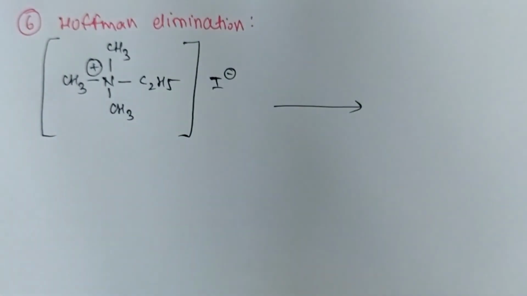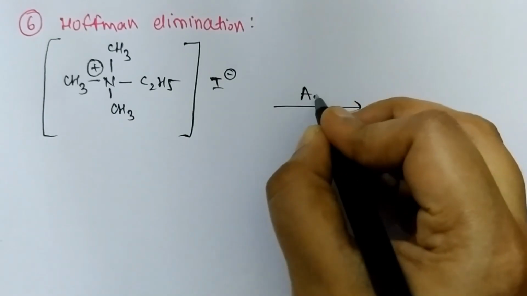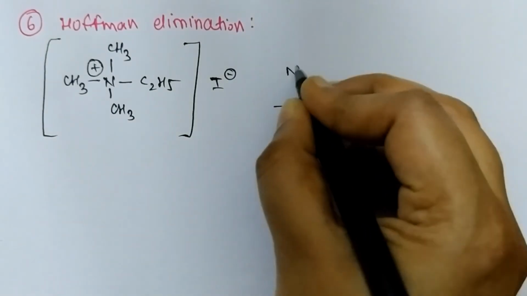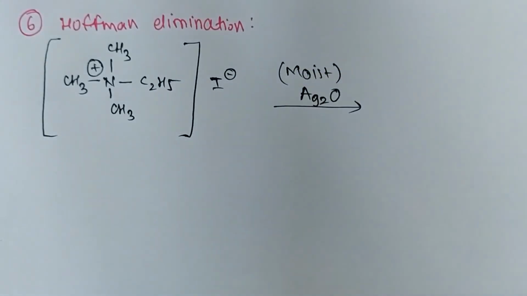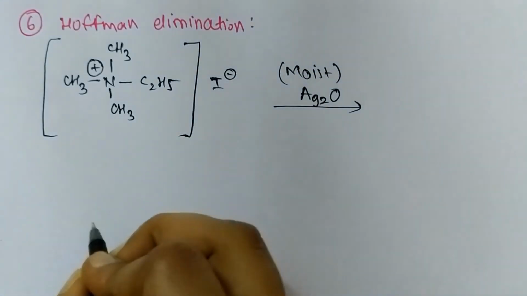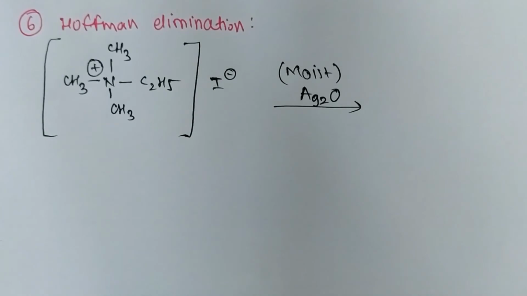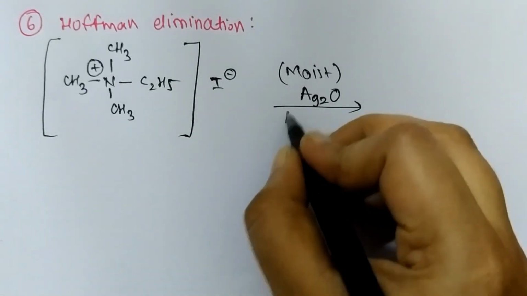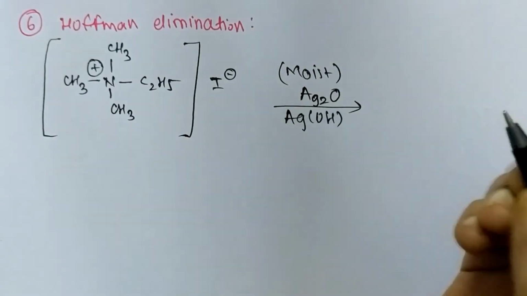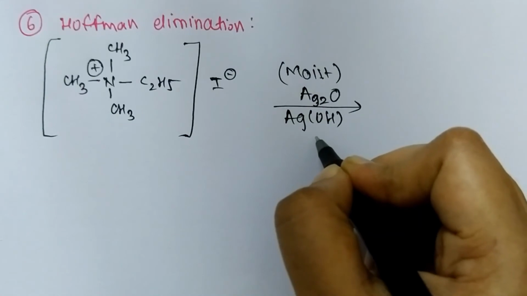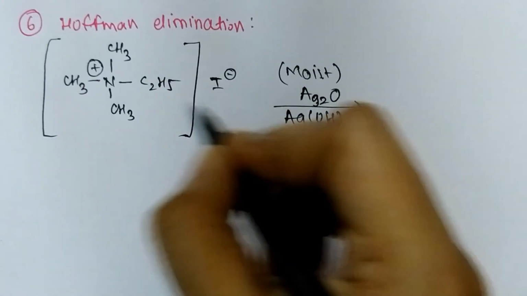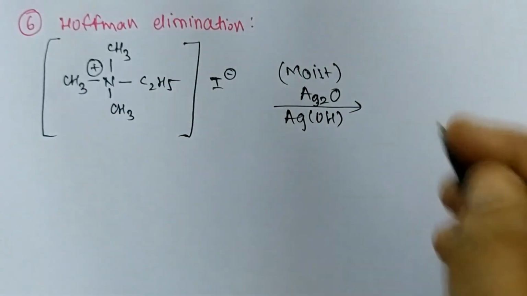Now this particular compound, in the presence of Ag2O under moist conditions (Ag2O is very unstable, and therefore when it reacts with water), will give AgOH. So that's why from here we are going to get AgOH. When this reacts with water, we get AgOH, and when this AgOH reacts with this particular compound,